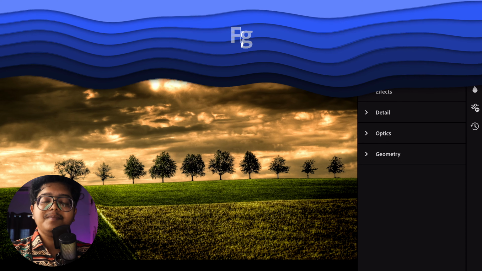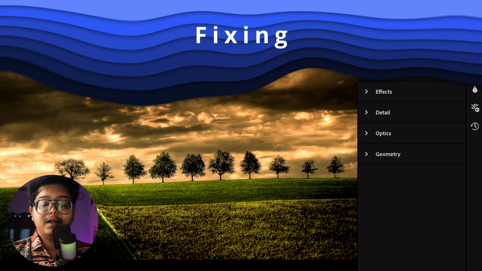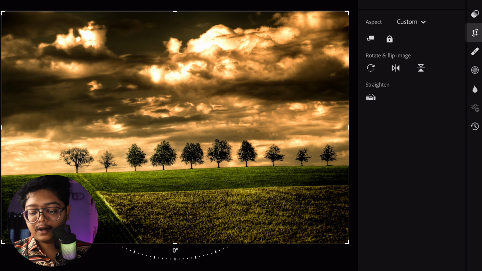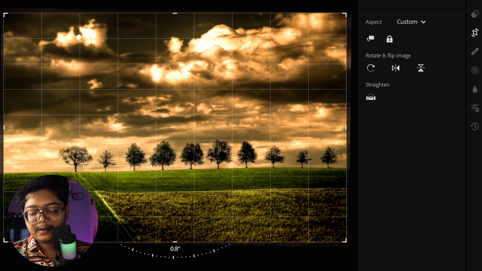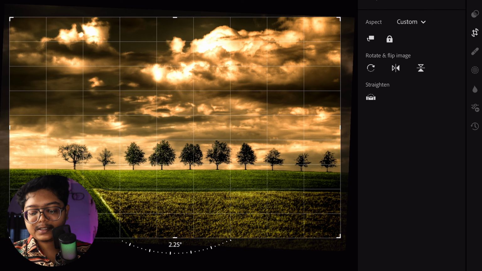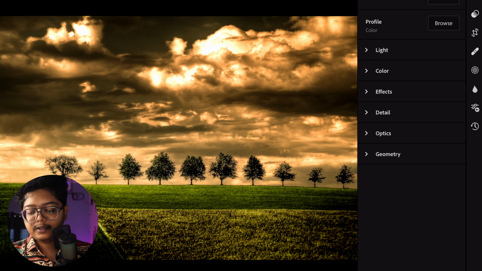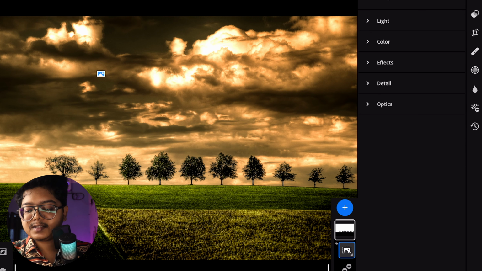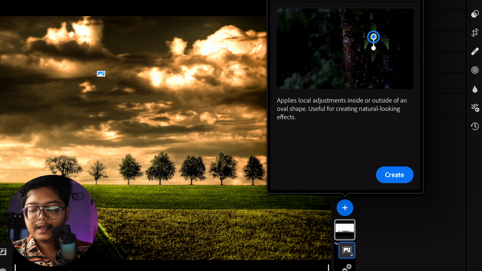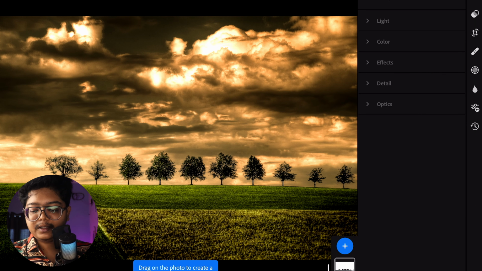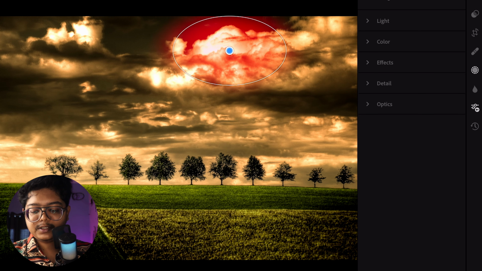Alright, before we close it up, there are a couple of things that we should have done earlier, that is straightening up the horizon. So click on this crop button on the right hand side and just select this ring here, this semicircular ring here, and straighten your image, and done. And then click on the mask option once again, add a mask. This time we are going to add a radial gradient. Create the radial gradient in this region,